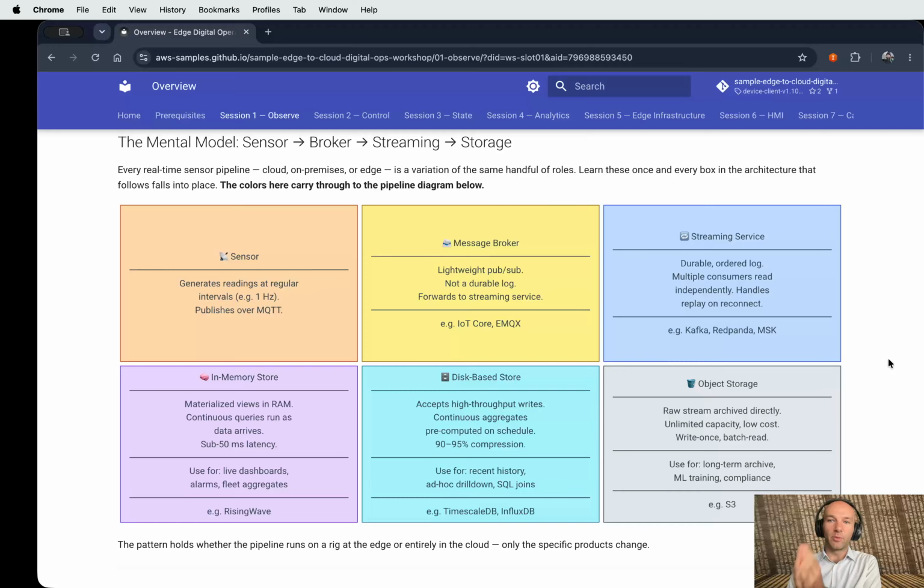We also have streaming services, which is where we'll first persist our messages. And again, on the edge, we can have a streaming service. If we want to have a very high volume data pipeline, that can be a way to optimize our network usage. Or we can also have these systems in the cloud, which can make it easy to manage and integrate with other services. Now, once we have our messages persisted in a streaming service, we can load it into a